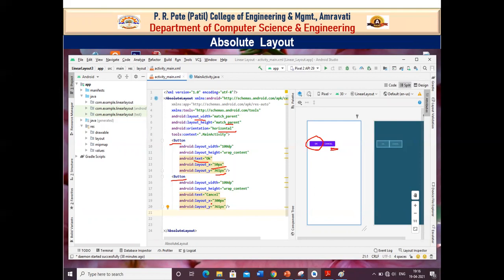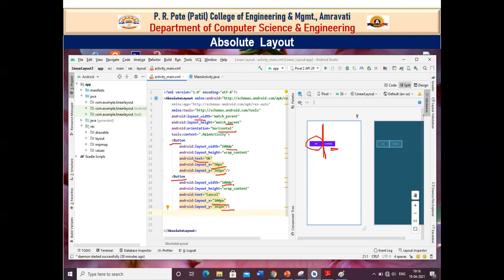For that I used x coordinate 300 pixel and y coordinate 361 pixel. Y coordinate means it is the column height. So the y coordinate is the same for both the buttons, OK and cancel. And now what is this 100 dp? It is the width of your button.